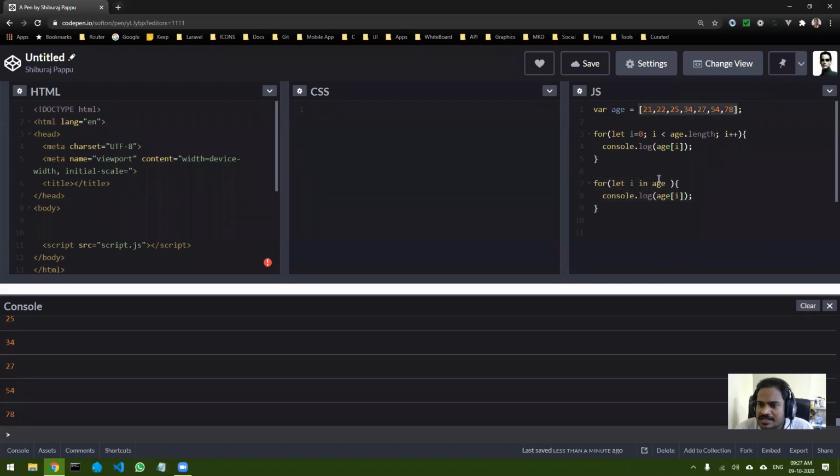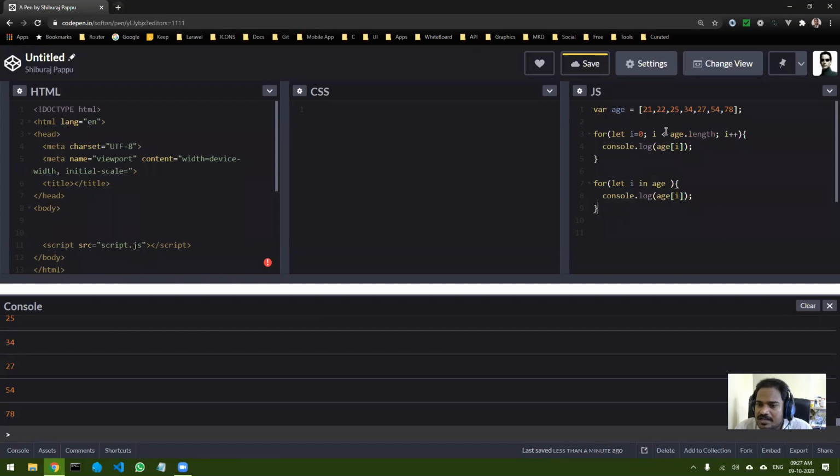So this for loop is more controllable. For example, instead of age.length, if I say 100, it will run 100 iterations. In the other case it's not possible.